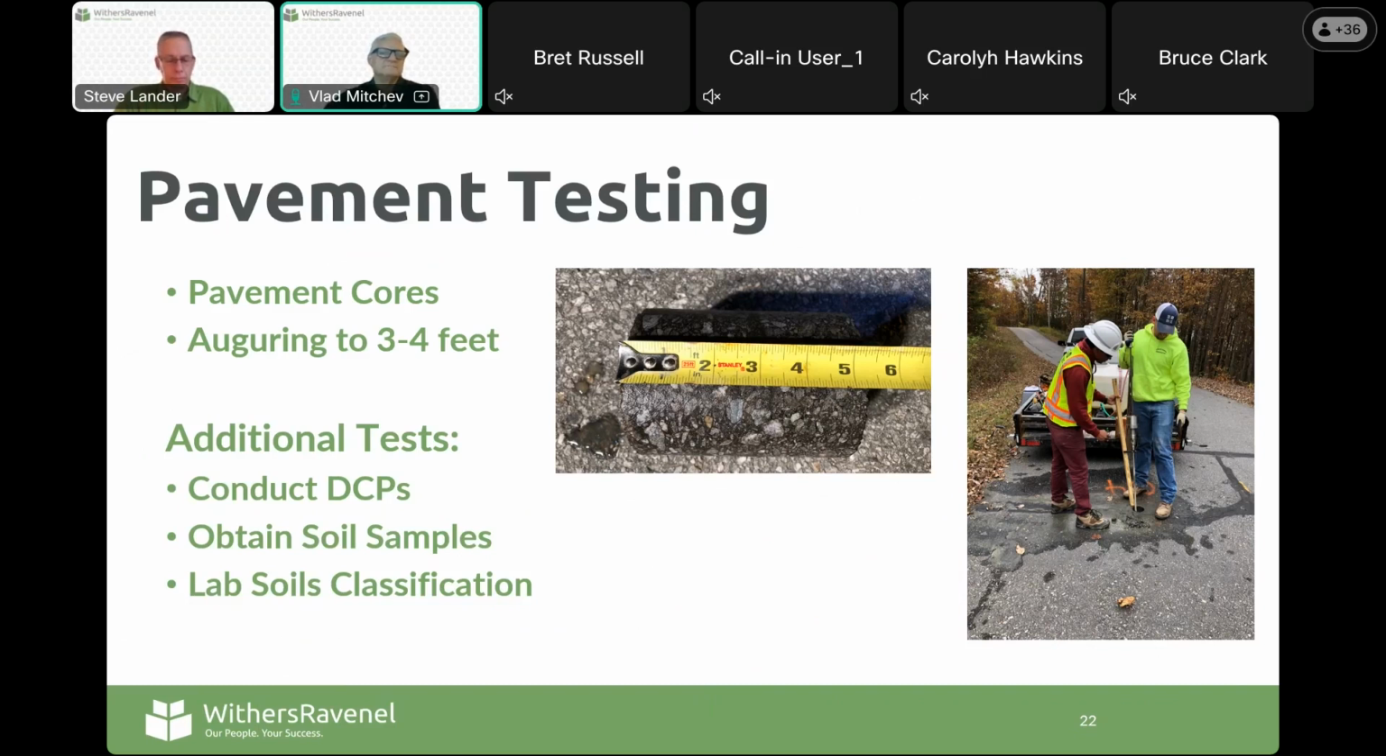So those are just basic tests for thickness and subgrade type. If there are some issues, and you want to obtain more information about the pavement and base subgrade properties, there are additional tests that can be conducted, such as the dynamic cone penetrometer. This is on the right-hand side. The photo shows dynamic cone penetrometer testing, which is conducted in the core hole with a metal rod with a standard